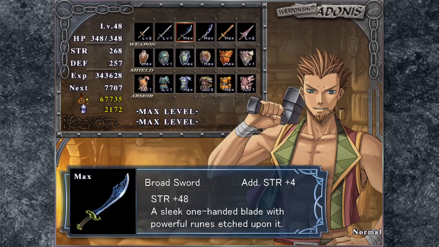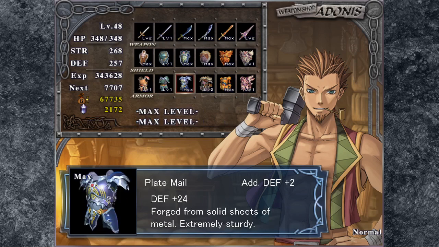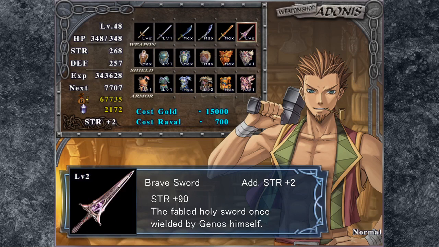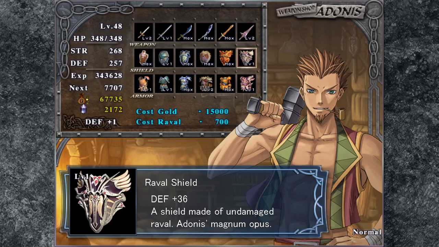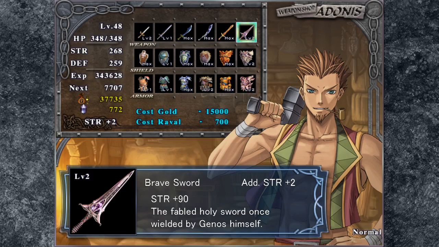What do you got for me? Now that we've... Ooh! Did we have 3,000 Raval ore? Did I have that much Raval ore when we came here? Because now I still have 2172. That means we can get 3 upgrades. So we can get that to level 2, and we can still upgrade...